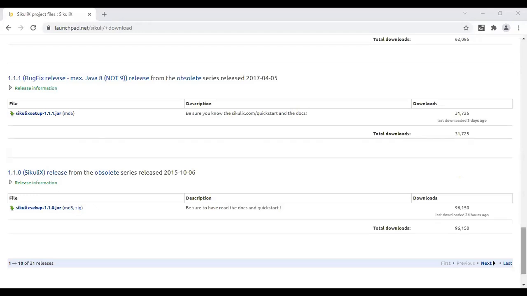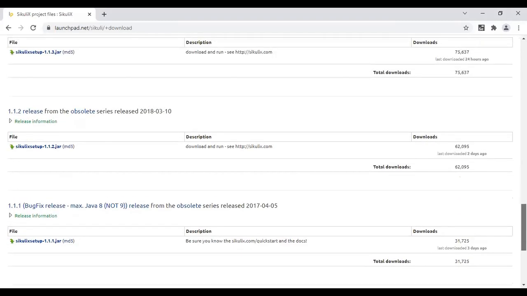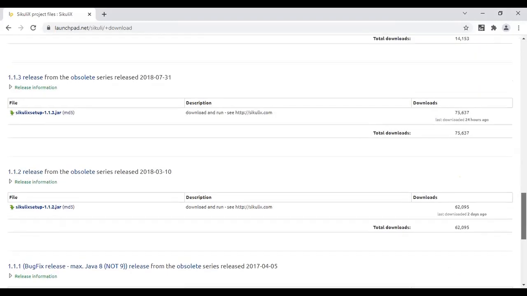I am checking for the Sikuli setup file. Wait. I am looking for the Sikuli setup file.